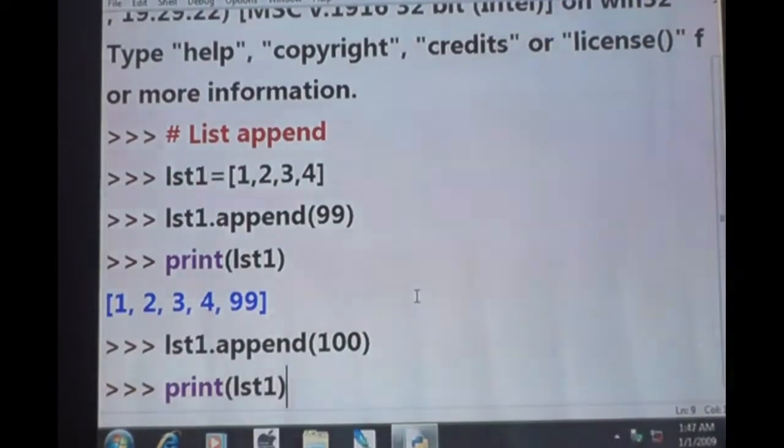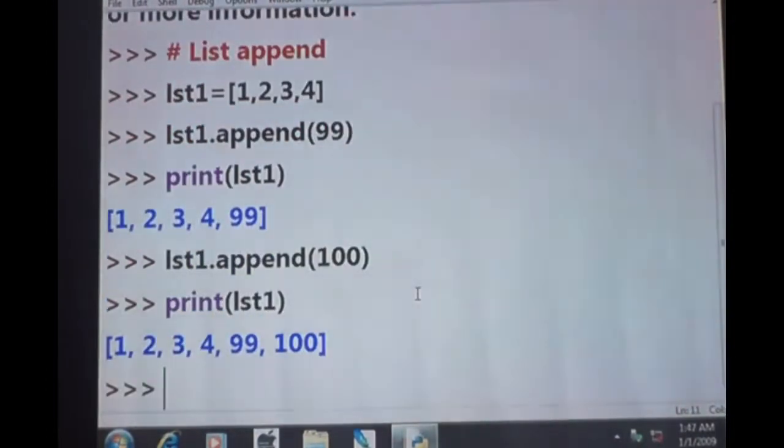Shall I give enter? Okay. So can you see here? Very simple. In the list, 99 is already added. So if I give append 100, then along with 1 to 99, the 100 will be added. So append means it will add at the end. Understand? Okay.